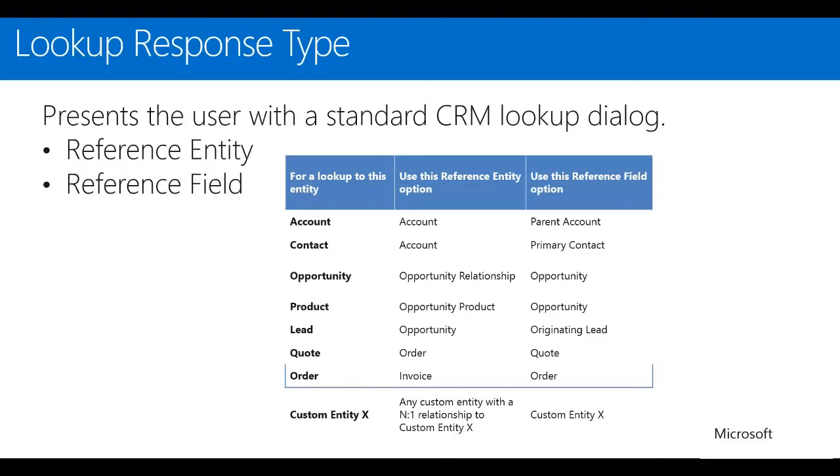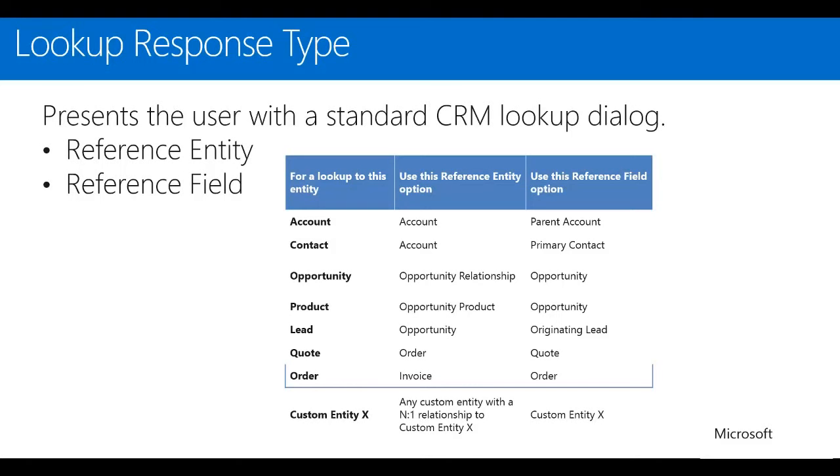So normally you'd probably think right away that if I want to look up the account, I want to go choose the account entity. Well, depending on what you want to look up, we need to use the current lookup fields that are in the system. So for example, if I am going to look up an account, I have two options. I can choose account or I could choose contact,